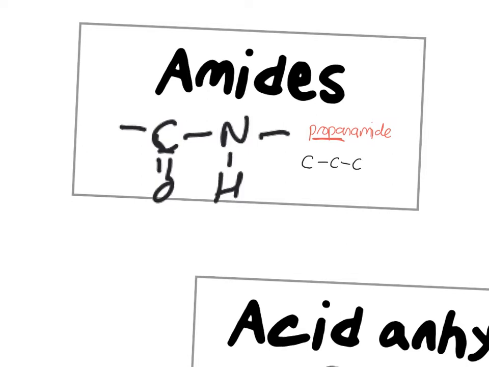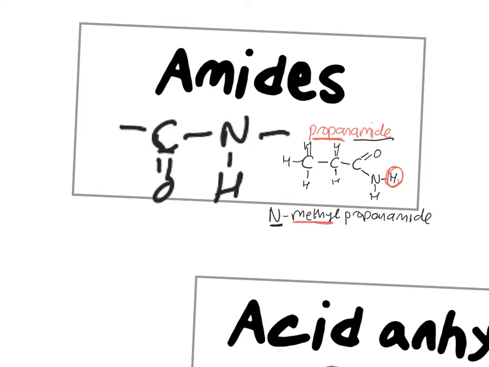The amide group is a C double bond O, N. Now this is called a typical amide, an unsubstituted amide. So this is propanamide, but say you get something like N-methyl propanamide. This is called an N-substituted amide, and it means that one of these hydrogen atoms here has been substituted